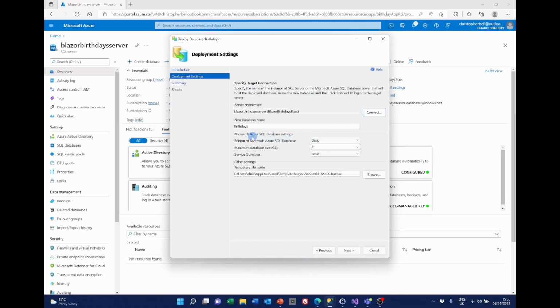But this is the important bit. You must change the Azure SQL database settings. So click from Basic, and we want to select Standard. And it has to be S0. That is the free SQL database. If you select anything other than that, you may get charged. Then click Next,